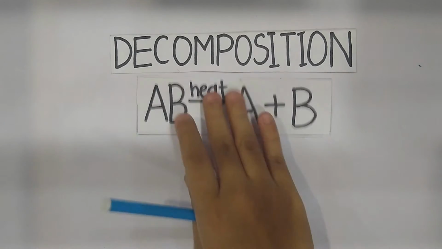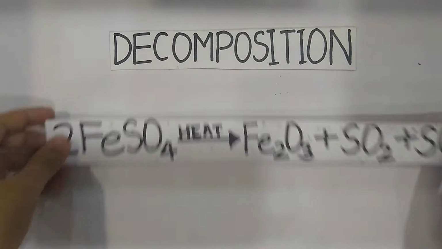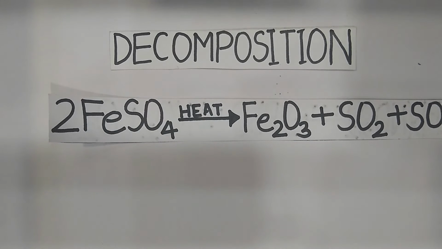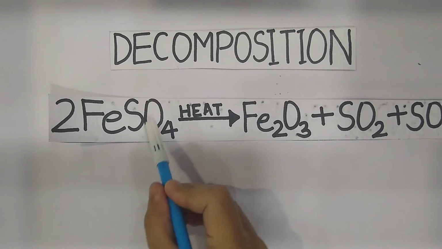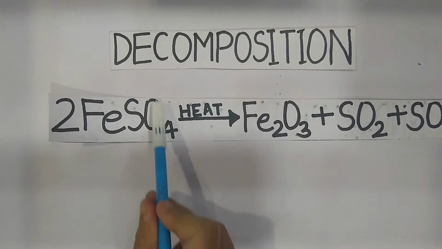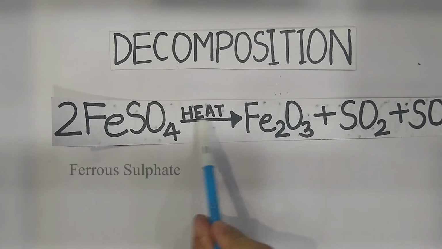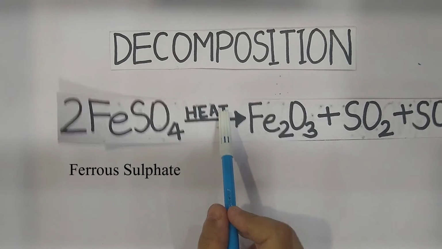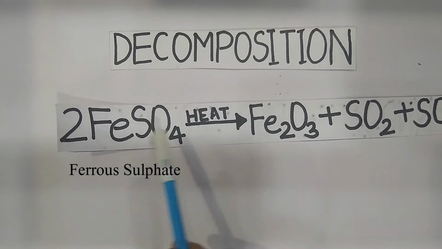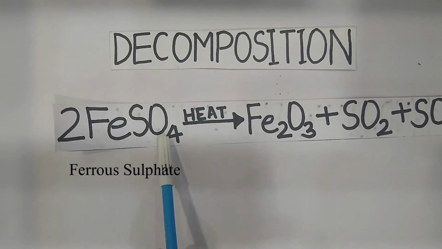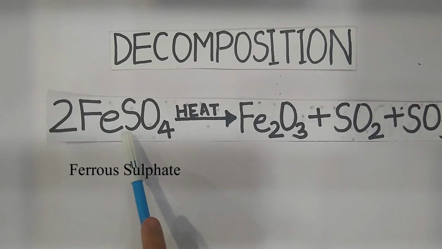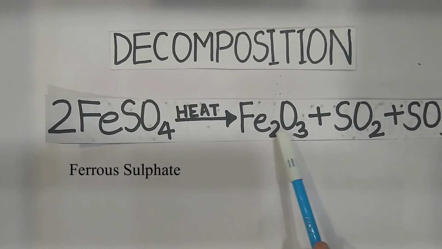Now we'll start taking examples. Here we have an example of ferrous sulfate. So what exactly is happening to ferrous sulfate? Ferrous sulfate is heated. So you don't say FeSO4 plus heat. You just say FeSO4, then the arrow, and right on top of the arrow you write heat. And that is how you get to know that ferrous sulfate is getting heated. So ferrous sulfate is getting heated to give us smaller compounds of it. Alright. So FeSO4 broke down to give us Fe2O3.